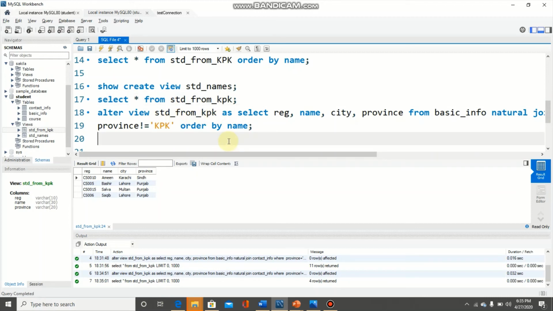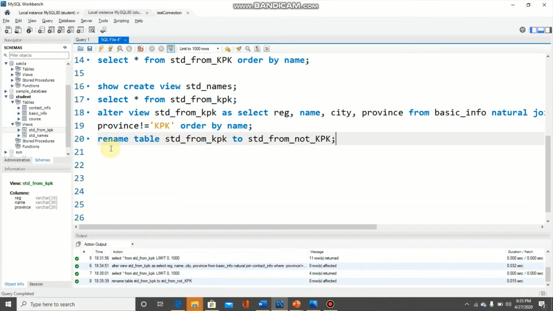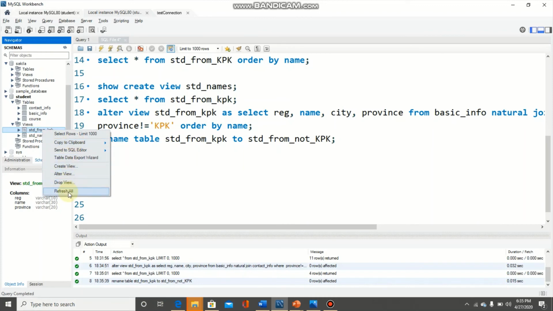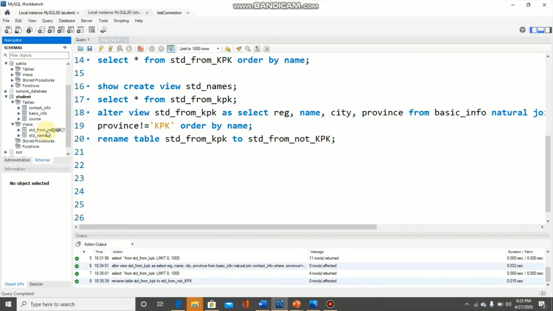Here I need to type rename table, view name std from KPK, to new name std from not KPK. Execute it. So the view has been changed. We can refresh it. This has been changed, std from not KPK.